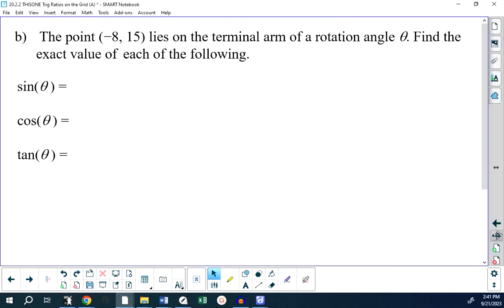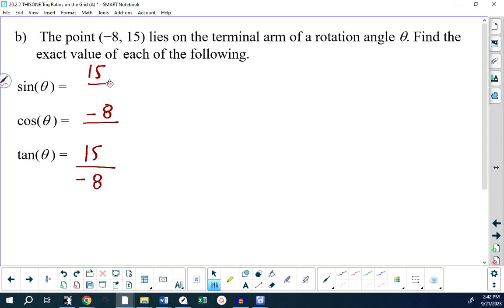The point negative 8 comma 15 lies on the terminal arm. What's the exact value of each of the following? Well, look, sine of theta is y over r, so it's going to be 15 over r. Cos of theta is x over r. It's going to be negative 8 over r. Tangent, watch carefully, I'll write it out first, is y over x. Are you with me on the y over x thing? Okay, tangent of theta